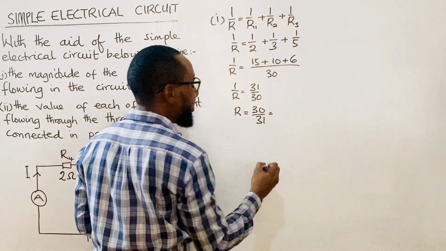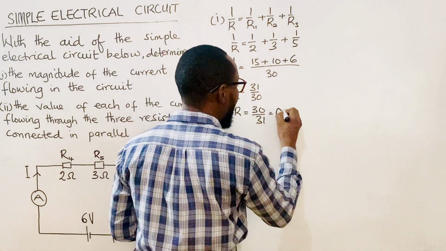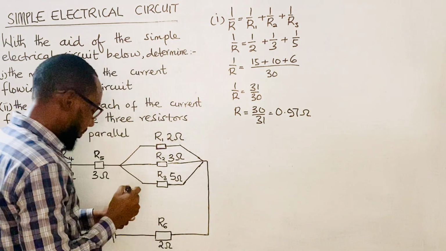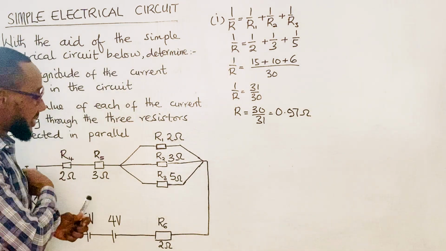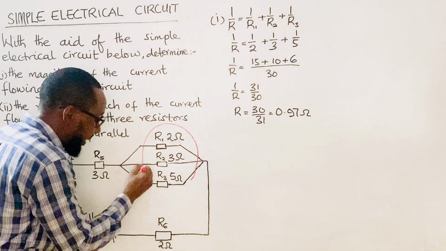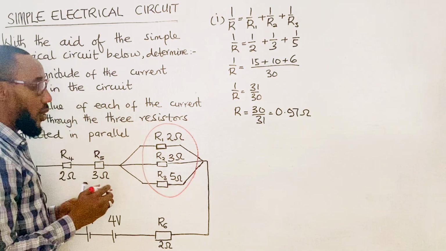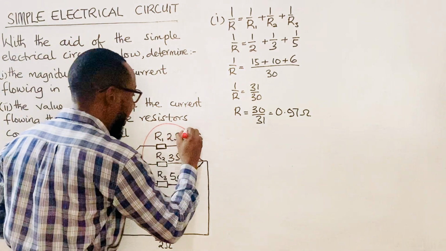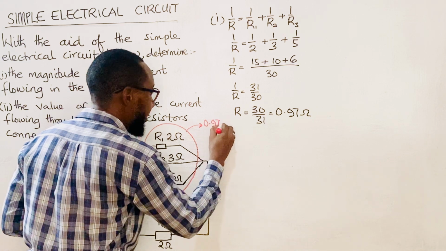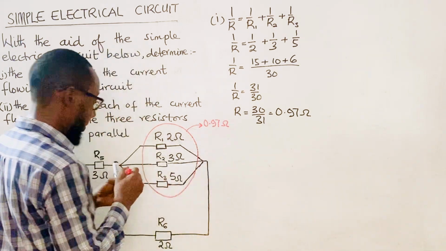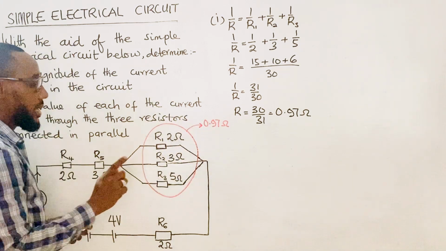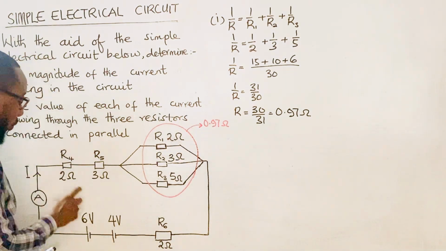And what does that give me? That gives me 0.97 ohms. Okay. So for all these three resistors that are in parallel, the combined resistance of all these three resistors that are in parallel is 0.97 ohms. Good. Okay. Now this 0.97 ohms is now in series with this 2 ohm, with this 2 ohm,